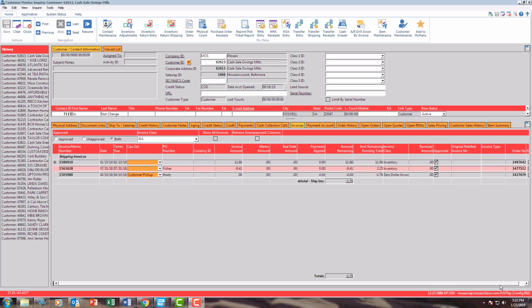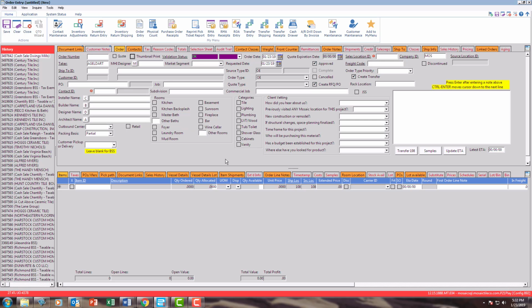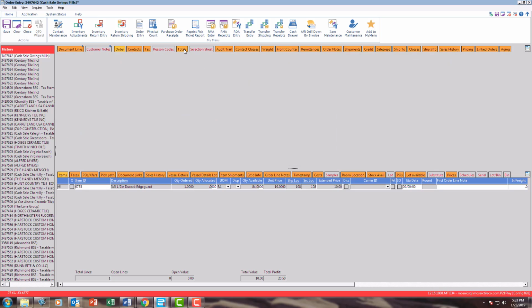So one additional thing I want to point out here is in the order, if I go back into it, I recently just invoiced it. And before I invoiced it, I sent myself an order acknowledgement. The order acknowledgement shows the correct value due of $10.66. And when I invoiced it, the value on the invoice was $10.66. But again, if I go into the totals tab,